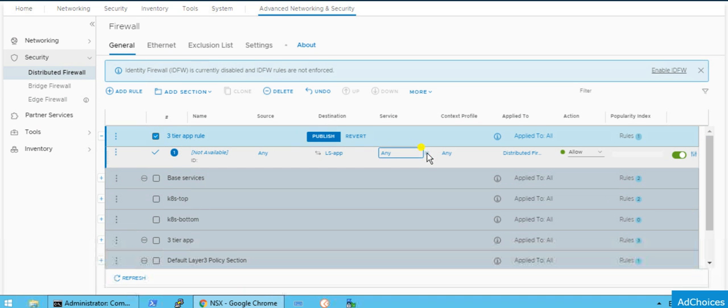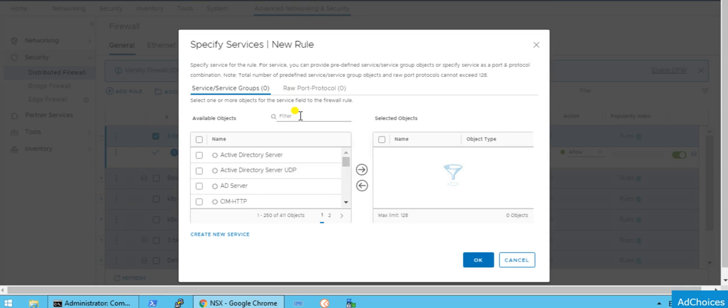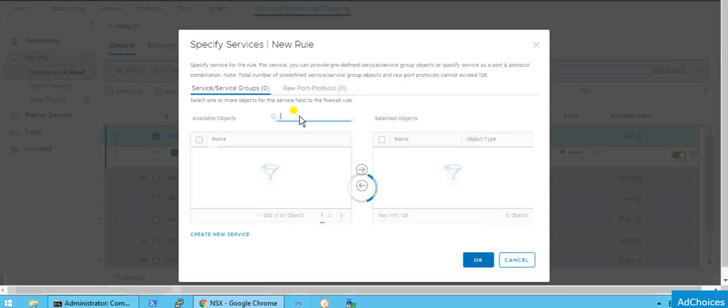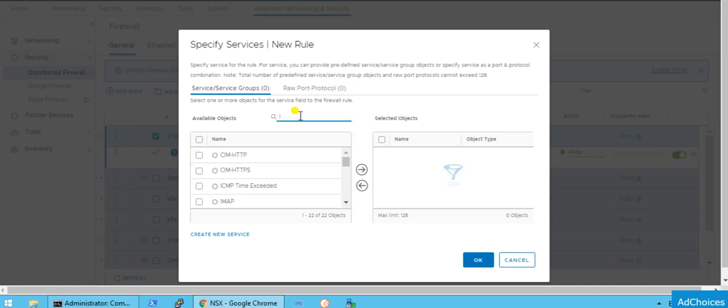Which service do I want to allow? Let's find ICMP. Yeah, ICMP allow. All, basically, is for IPv6, so I would not like to choose it here. It's a reply and request.